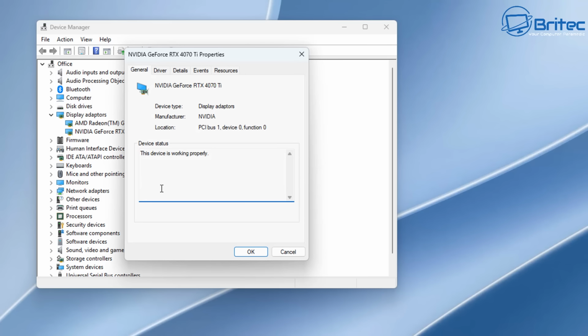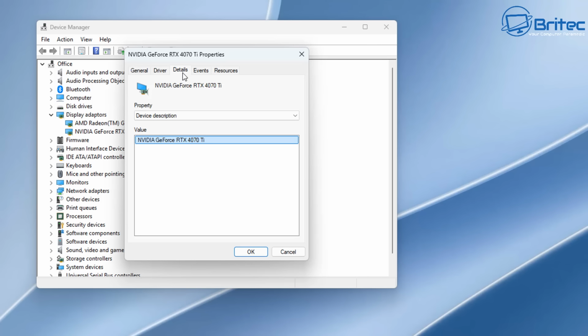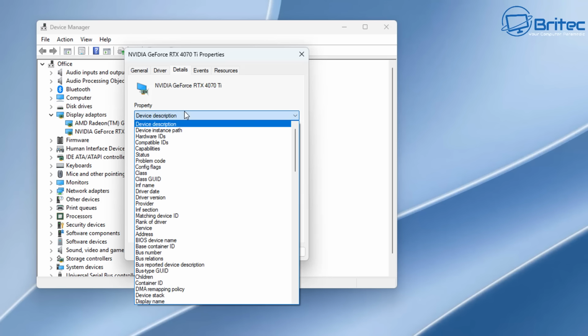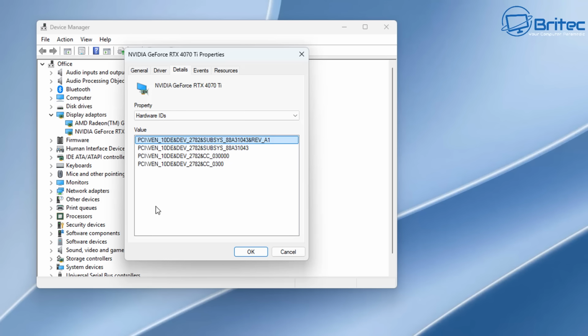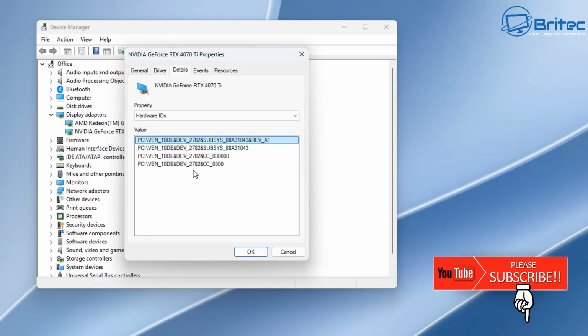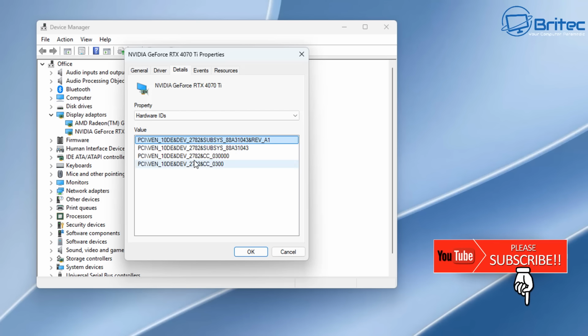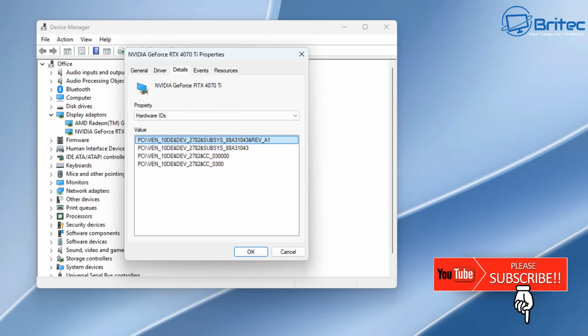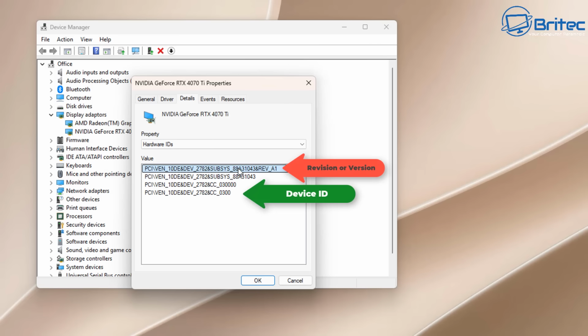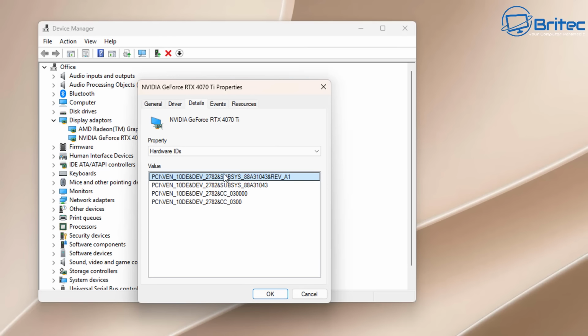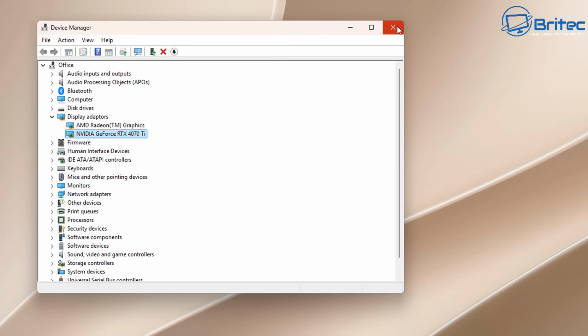Right-click on the actual driver itself and go to Properties, then go to Details. From the Property window, go to Hardware ID, and these are your hardware IDs here. The top ones are normally to do with your revision or version of drivers, and the bottom ones are to do with a device ID. You can see that on the top one it says Rev for revision or version, and then you've got the bottom one, which is your ID. We're going to copy the very top one right here, and what we're going to do is